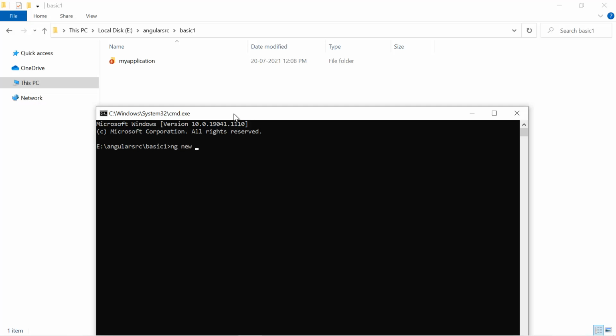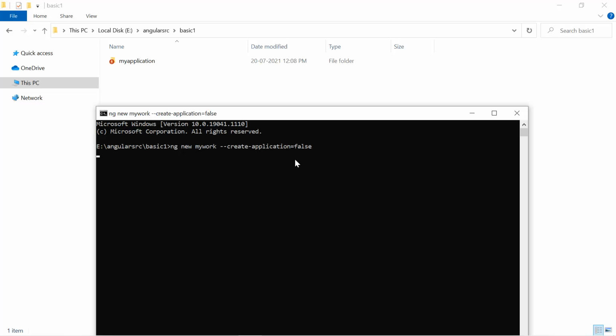We have to give a name to our workspace. Here let's say I'm writing my work, and then I do not want to create any application inside this workspace. I simply want to create a blank workspace. So we have to tell the CLI that I do not want to create any application inside this workspace as of now. For that I have to type over here create application equals false. It means I want to create a new Angular workspace, but I do not want to create any application inside that workspace.